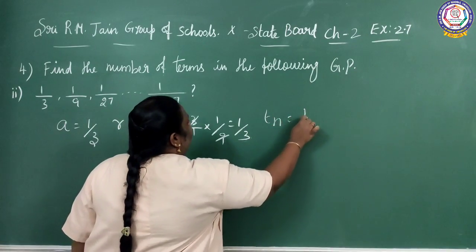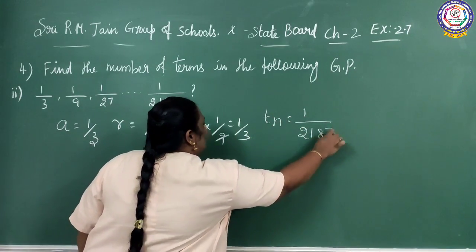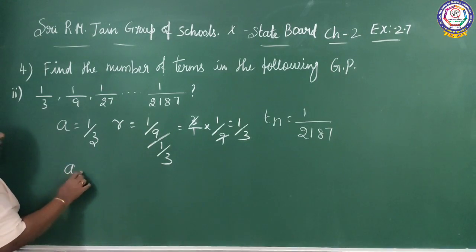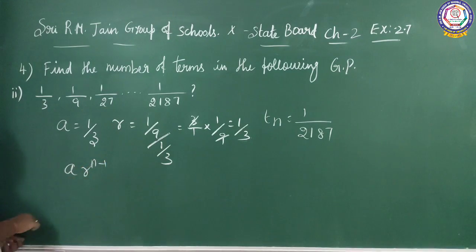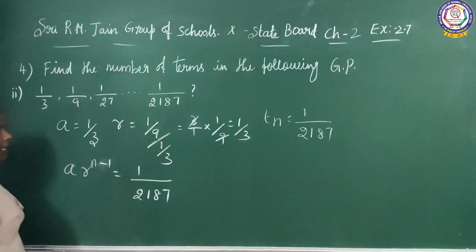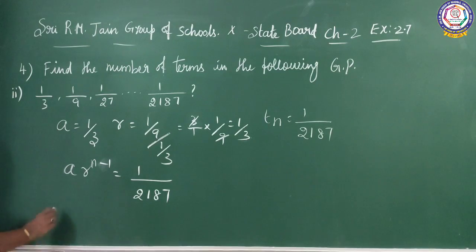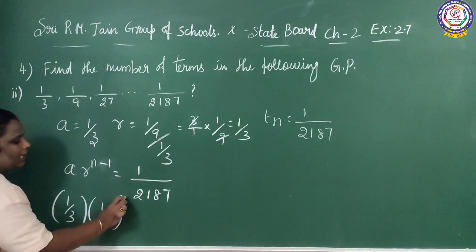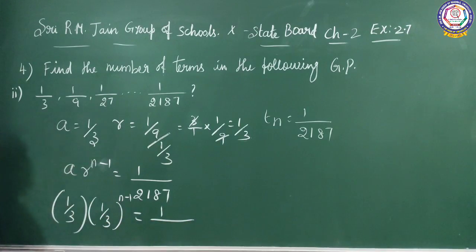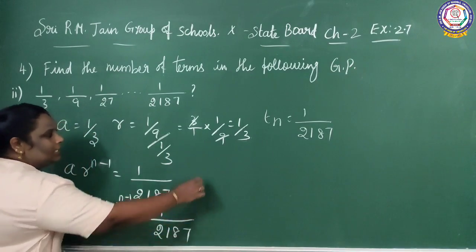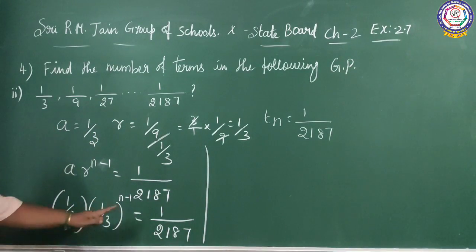What is Tn? Tn equal to 1 by 2187. So what is the formula? A R power n minus 1 equal to 1 by 2187. A value is 1 by 3. So 1 by 3 whole power n minus 1 equal to 1 by 2187. Taking the 3 to the other side,